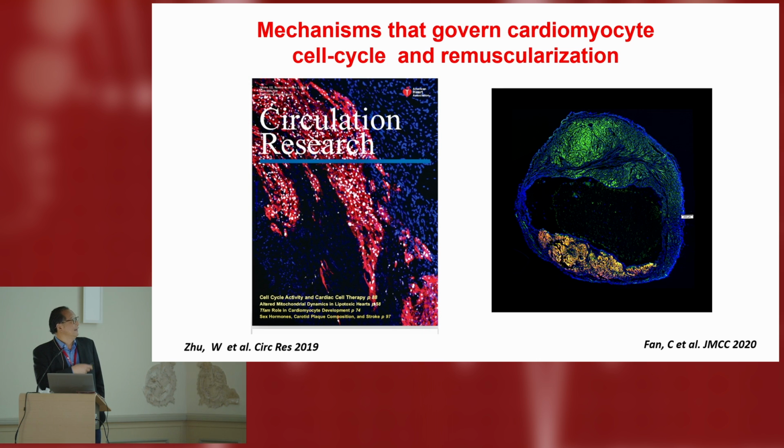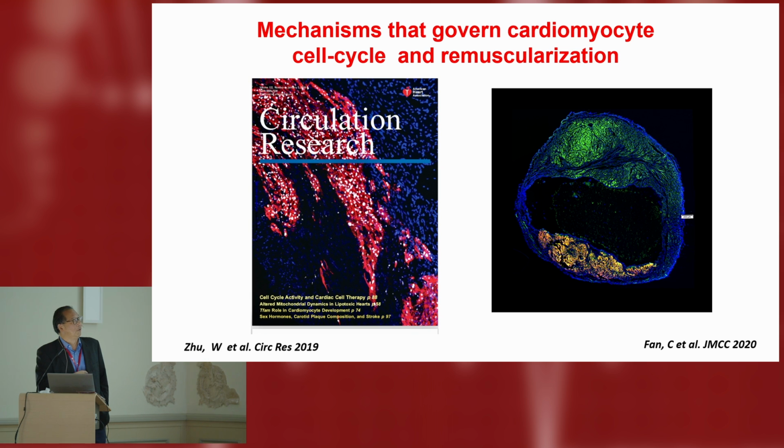immunodeficient mice, 4 weeks later, the graft MHC-driven cardiomyocyte continues to proliferate. So it's a significant piece of graft in the immunodeficient rodent heart. And 6 months later, the transplanted grafted hearts continue to divide. So it has significant remuscularization in the rodent heart with myocardial infarction, as shown here in the green